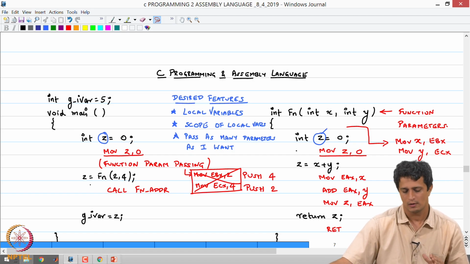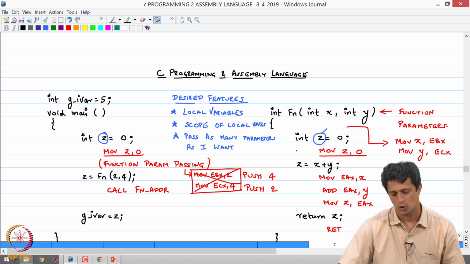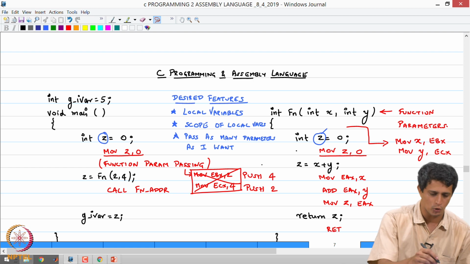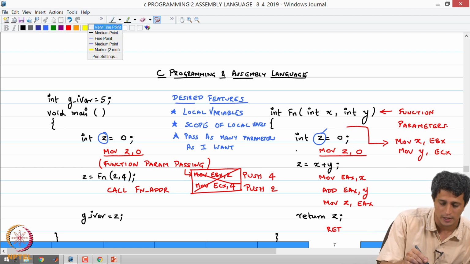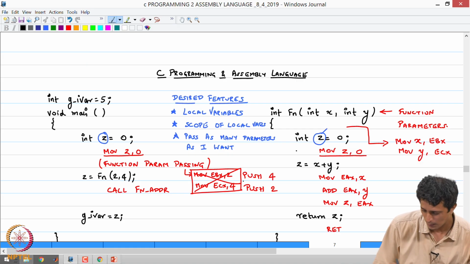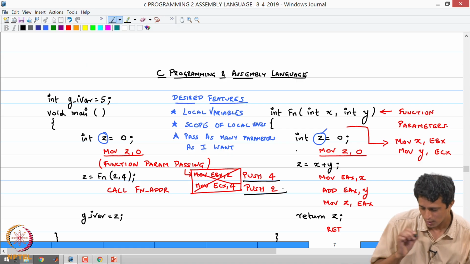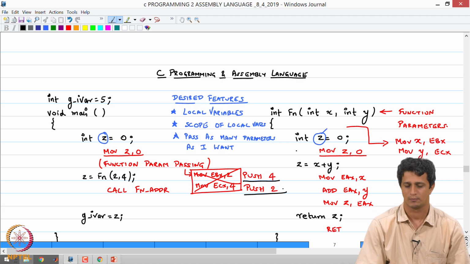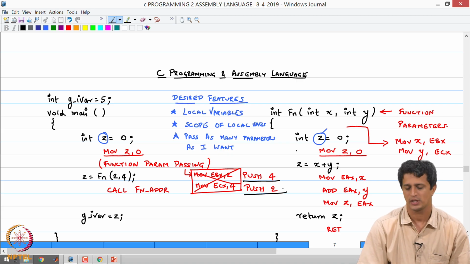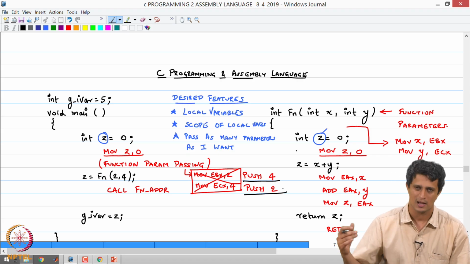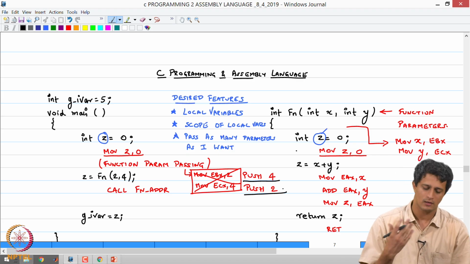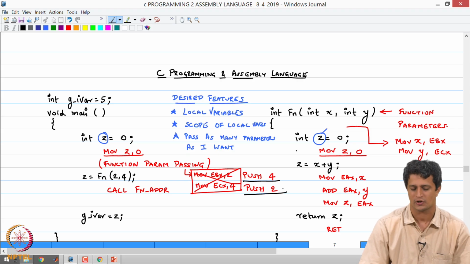Then there was a call to function fn which took two parameters 2 comma 4, and we said we are going to push these onto the stack using push 4 and push 2. So we are going from right to left,